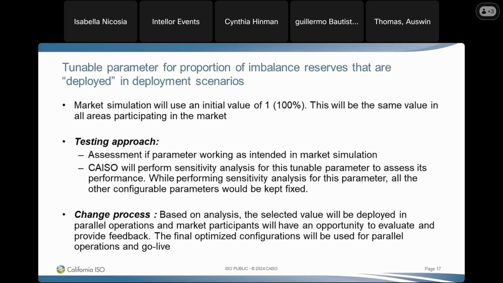And maybe a comment then too, as we get into these. I think it'd be helpful too, since it's been, what year is it? It's been a year and a half or more since we were deep in the policy development on these, to have some refresher from the CAISO staff that's working on setting this up, just refreshing on the policy, how you're looking at it, whether there's any interpretation of the policy